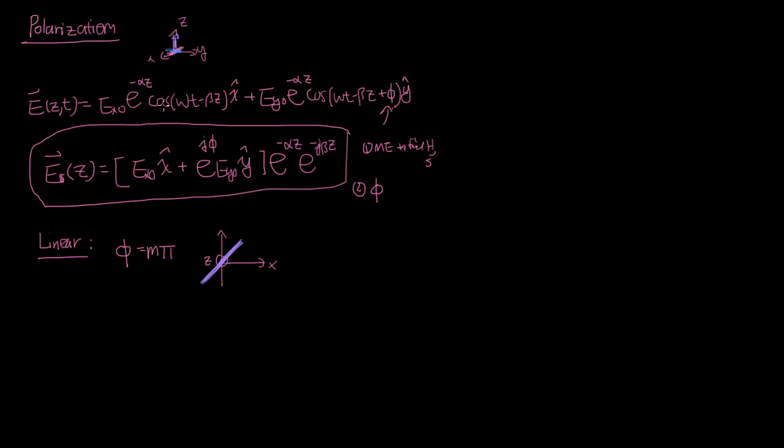And so that also means that the phasor form of this is that E is going to look something like Ex naught in the x hat direction plus Ey naught in the y hat direction, where this can be positive or negative, depending on whether m is equal to an even or an odd number. Next, let's